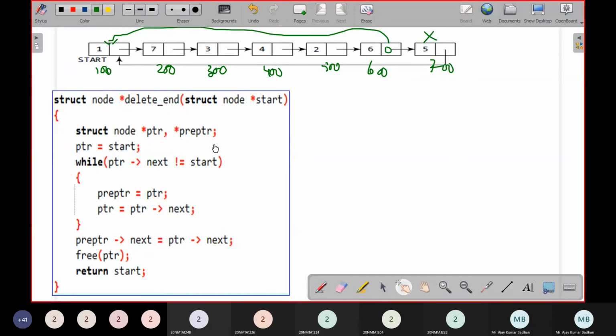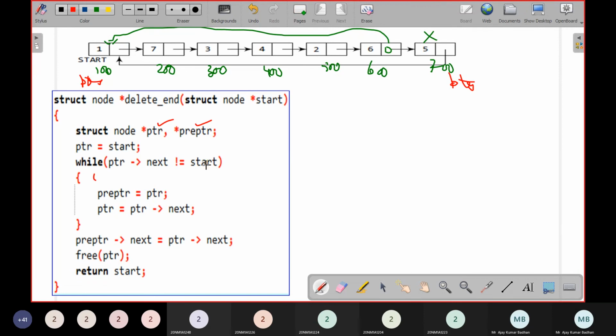So here we have to use two different pointers, the first pointer PTR and pre-pointer. Pre-pointer will always be present at the back of the pointer. So first I'm assigning pointer to start at this particular location. Now I'm checking while pointer next is not equal to start, because this pointer should reach the last node, whichever I want to delete.